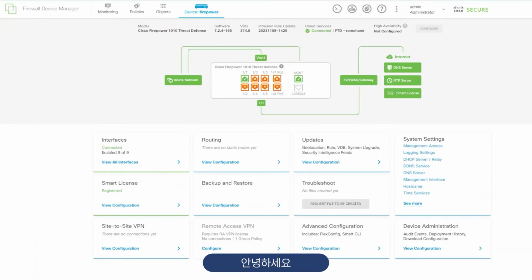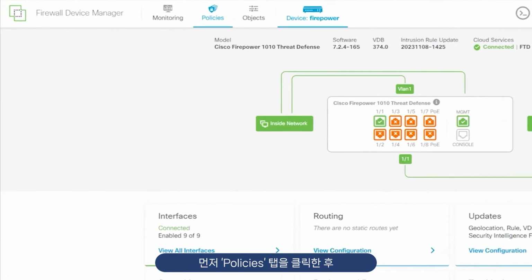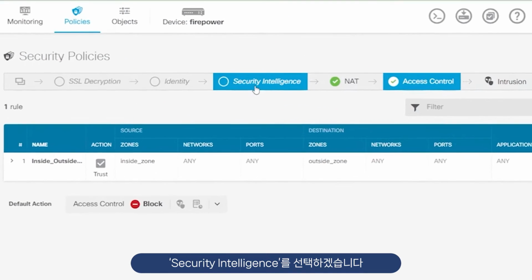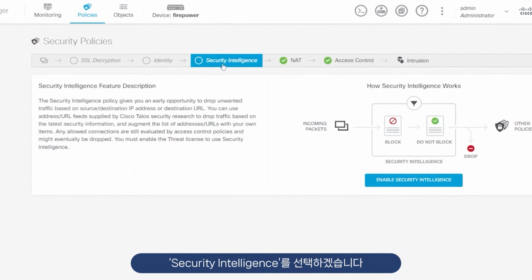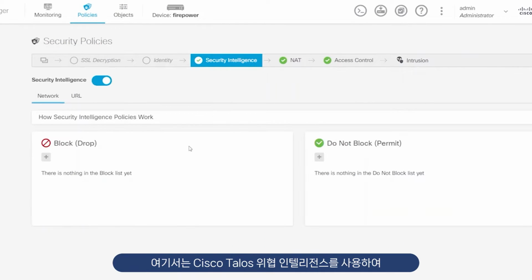Hey everyone, so the next thing we want to be looking at is setting up the security policies. To do that, we'll head up to the Policies tab and we'll go to Security Intelligence first. So we're going to enable Security Intelligence. That means that all the Cisco Talos threat intelligence, we're going to use that information to start blocking known bad